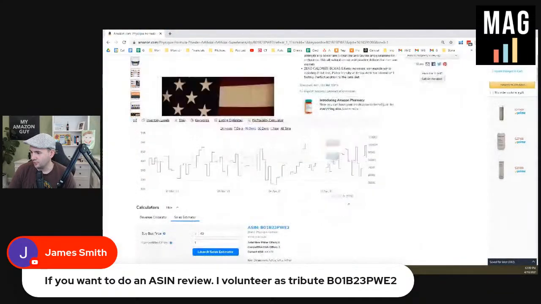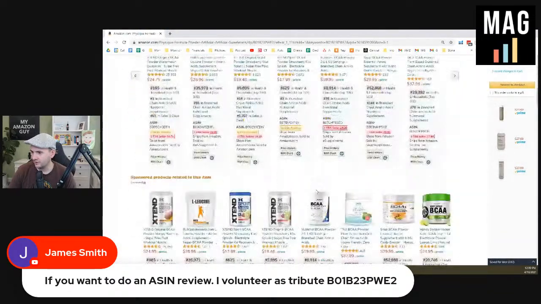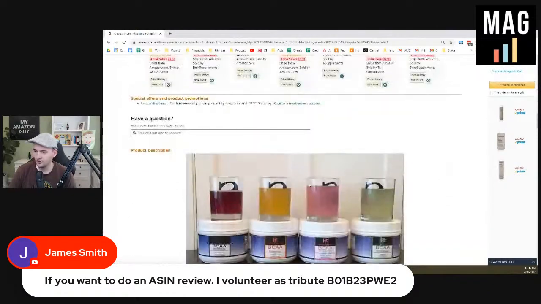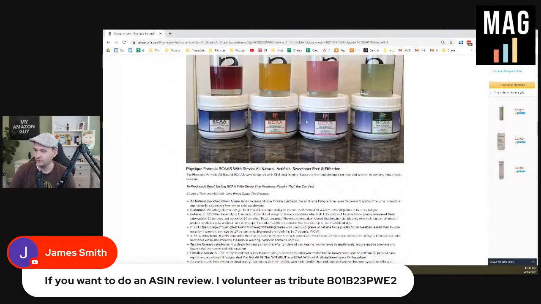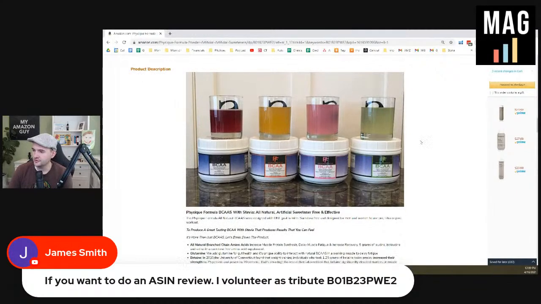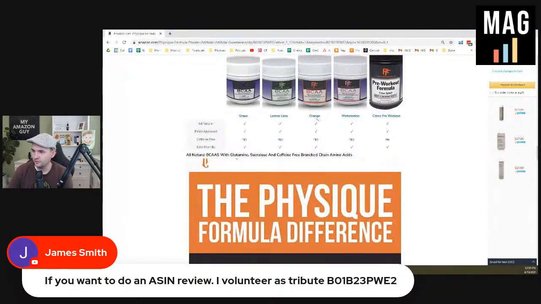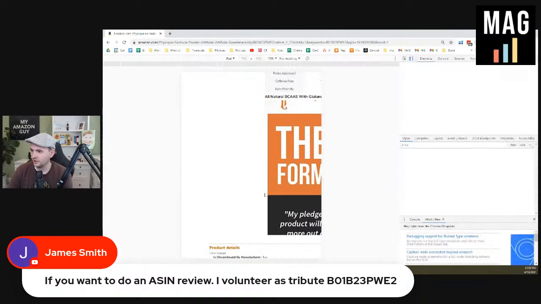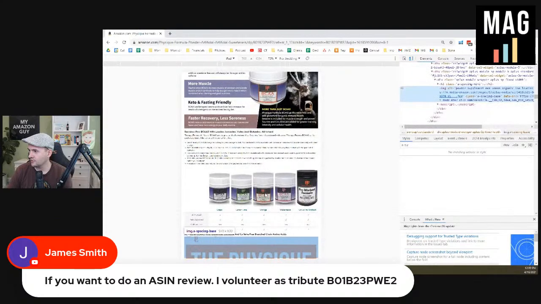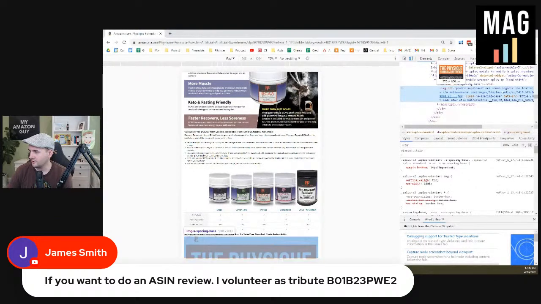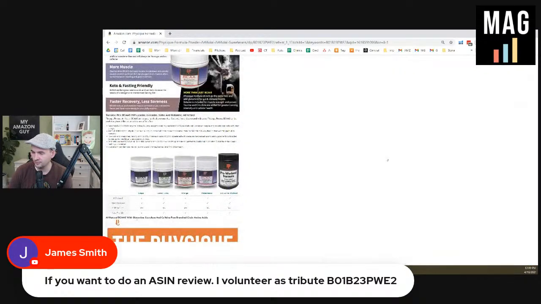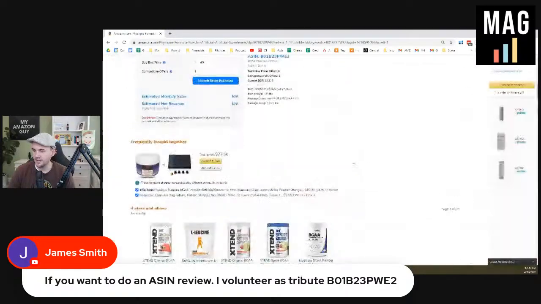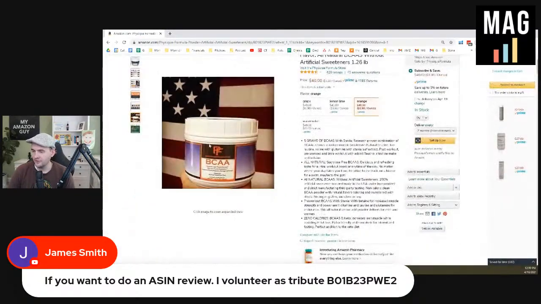Let's scroll down. Bullet points are very fleshed out, and A+ content is super heavy on content. And I love the real photo here. This is a great real photo demonstrating the flavors. You even have the product grid with the links. That's fantastic. Let's look at your inspect code and see if you have keywords. You do. Powder, supplement, men, women, organic. Perfect, perfect, perfect. So I'd say a solid 8 out of 10 listing here. You'd get to a 10 by getting a woman shot facing the camera, a video,